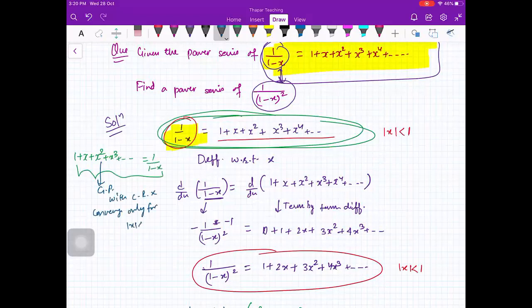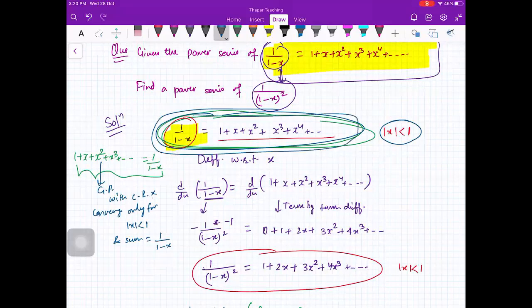When mod r is less than 1, that is, mod x is less than 1. So the sum is a upon 1 minus r. So you can write this only when mod x is less than 1. So I am saying that if you have an original series, it is compulsory to make it convergent, otherwise there is no point, beta.